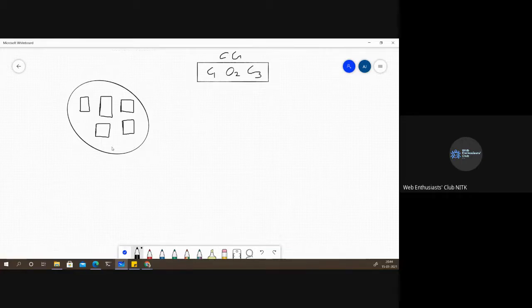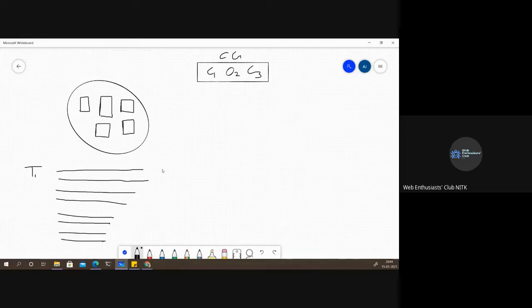And you have a topic T1 in this Kafka cluster with four partitions. So now how these partitions are divided between the three consumers is that